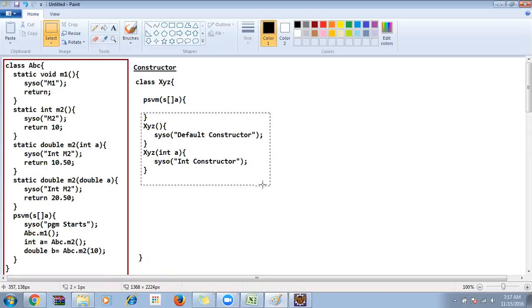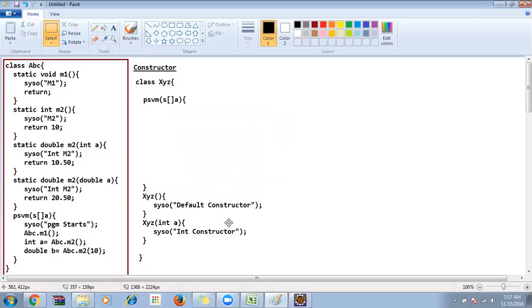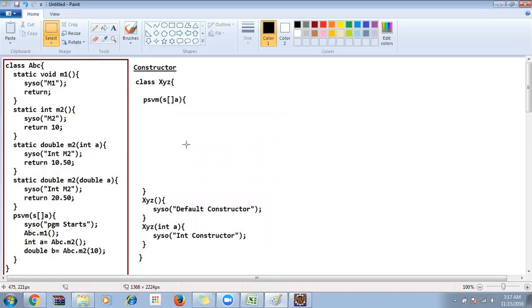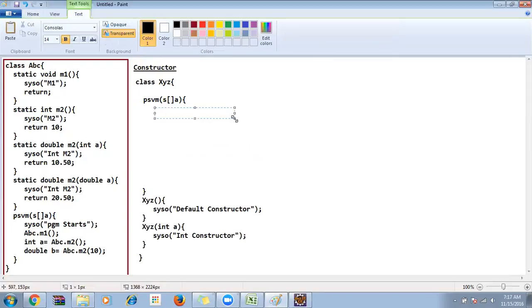So this is my main function. If I want to call a constructor, it's so simple. From my side, I'll be creating a method xyz. obj1 is equal to new xyz. That is, if I want to call a constructor, I need to create an object. That's it. If I create an object for a class,